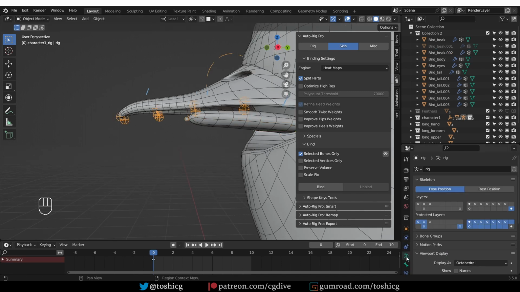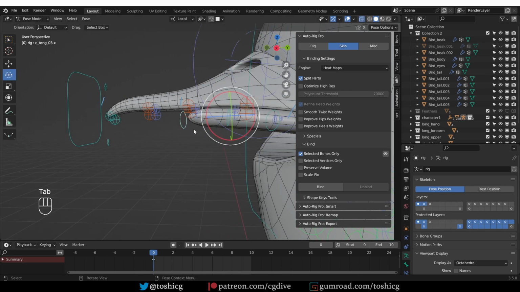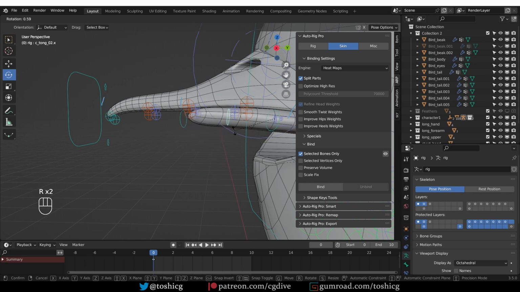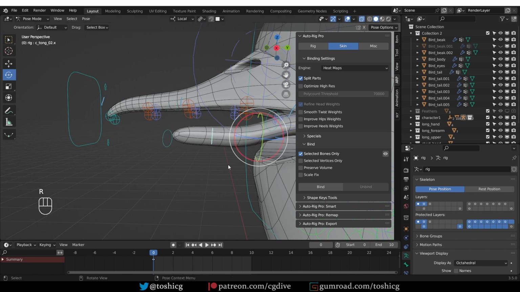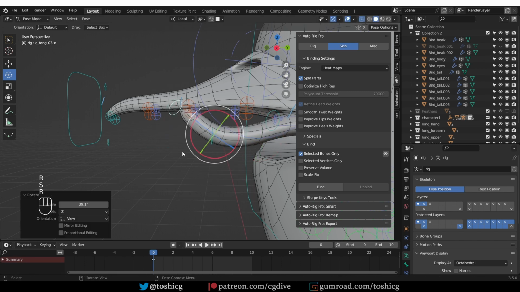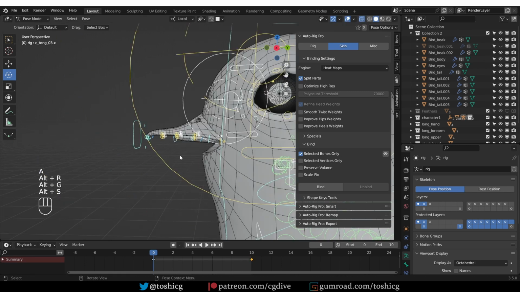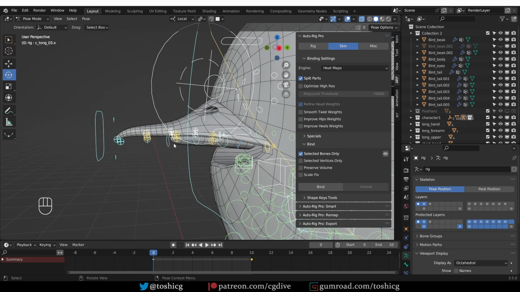Cool. Now if I go to the controls in pose mode, here are the tongue controls, and they can move my tongue. So that is perfect. You can move, scale, and rotate these controls. So the tongue is taken care of. Next,